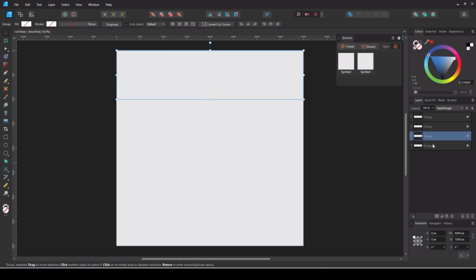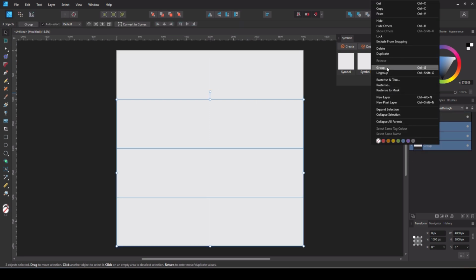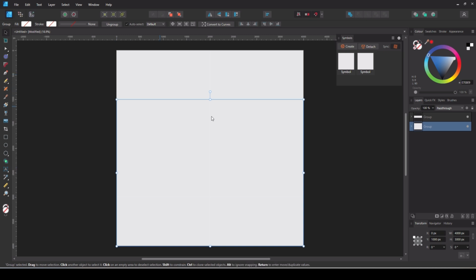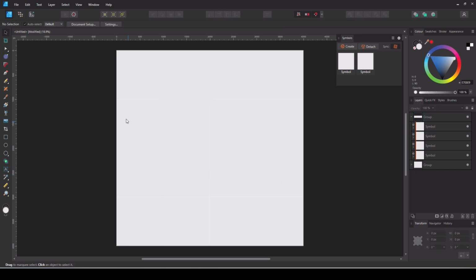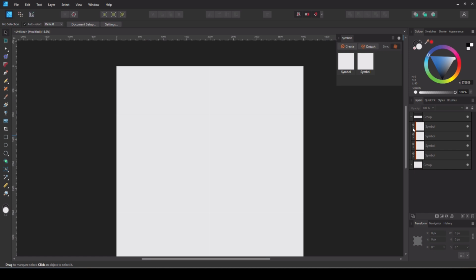And again, I just want to sort this out so the top here is in the top of my layers panel, because we don't need these. We're not going to touch these. The pattern's going to populate itself. And again, I'll just do a little bit of rejigging in here. I want the first 2 symbols to be number 1 and 2 in the layers panel. There we go. So that's the basics